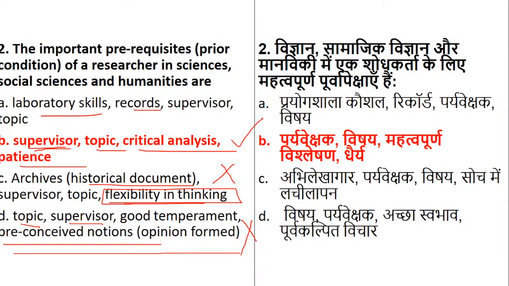Now flexibility in thinking, Kavita, when we are talking about research in any field, now here they have just confused you by giving science, social science. You take any field, you're doing research in any field, okay, you need to have a specific aim, that is your objective, your aim, and your scope of research should be specific.